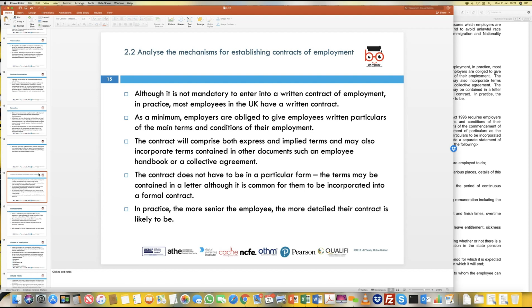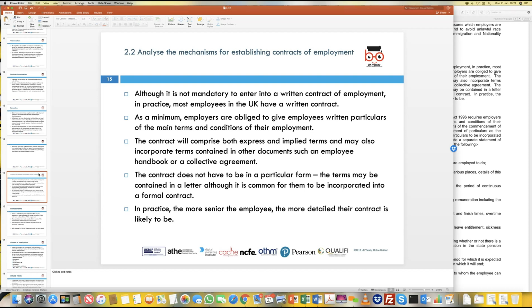So in some cases what you will see is that if you draw up an agreement and that agreement is a verbal agreement, then there are no consequences that you can go after if the agreement is not met. But in the case of employment, most employers tend to, it's not mandatory, but they tend to enter into some sort of a written contract or agreement which clearly highlights the terms and conditions and also the expectation and the rewards which the company will provide in lieu of the services which the employee actually provides.